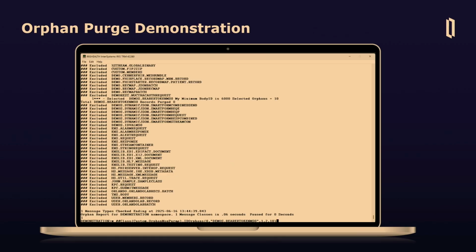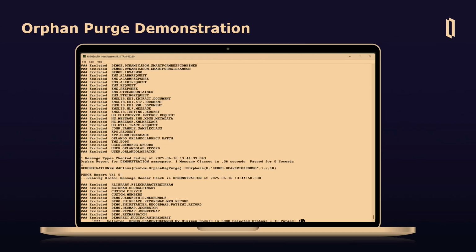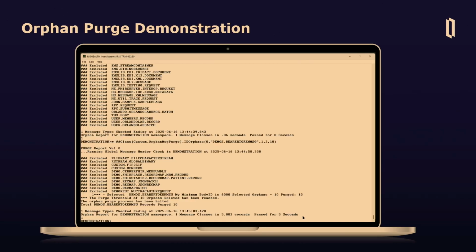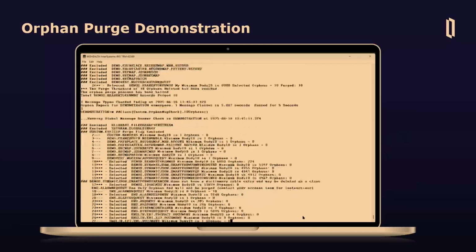Right, and we have two classes. One that does the checking and reports, and then once you're comfortable with the reports, you can run the actual job. So I basically made a copy of this program and took out the purge routine because